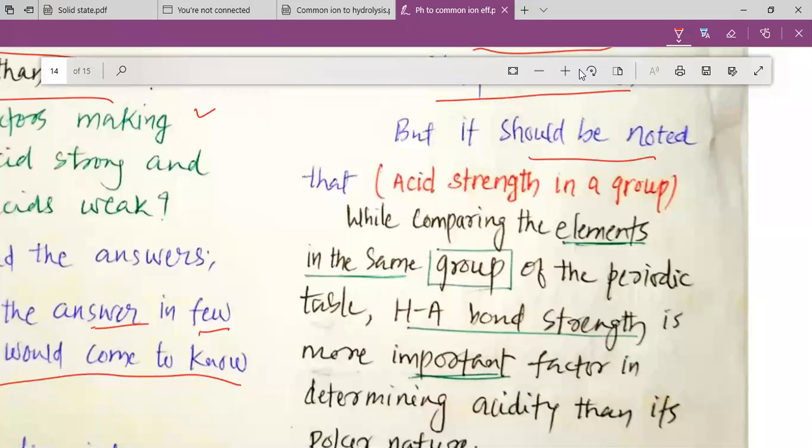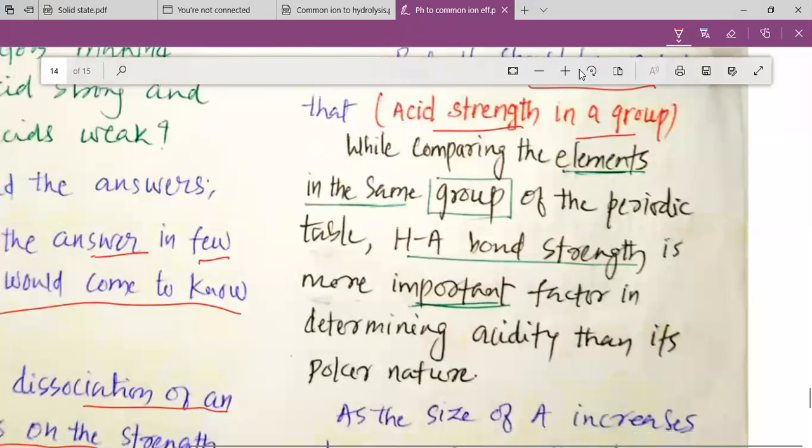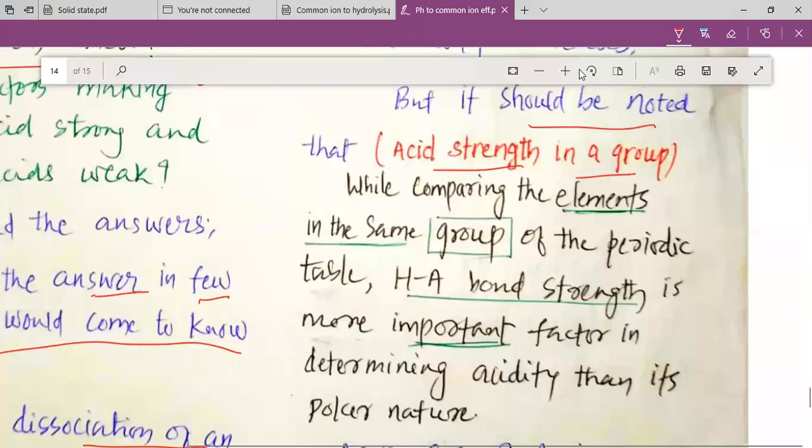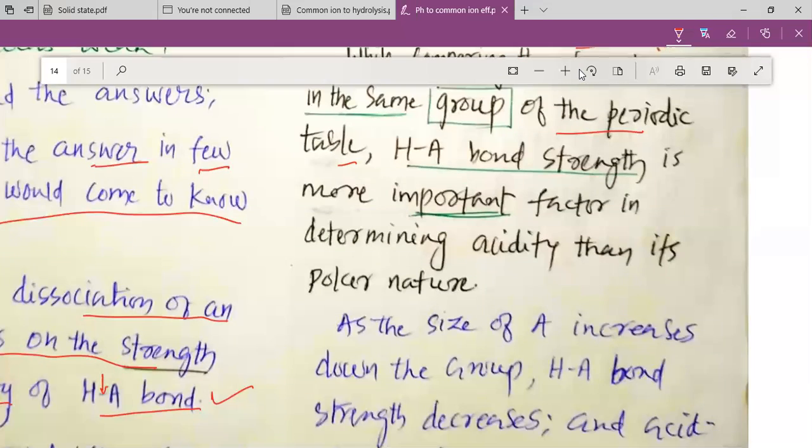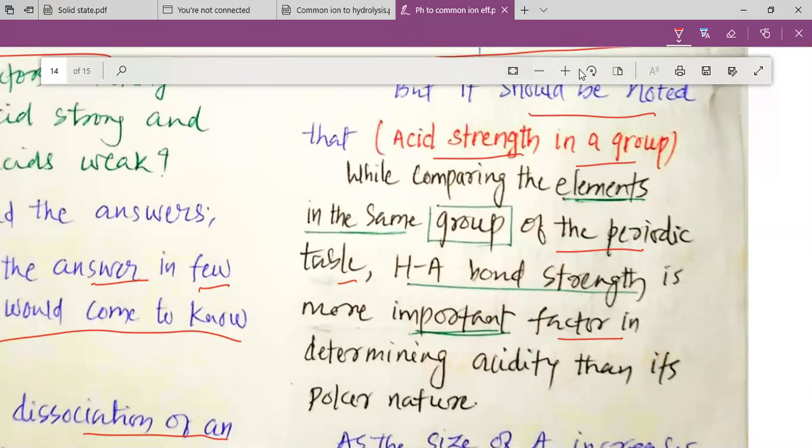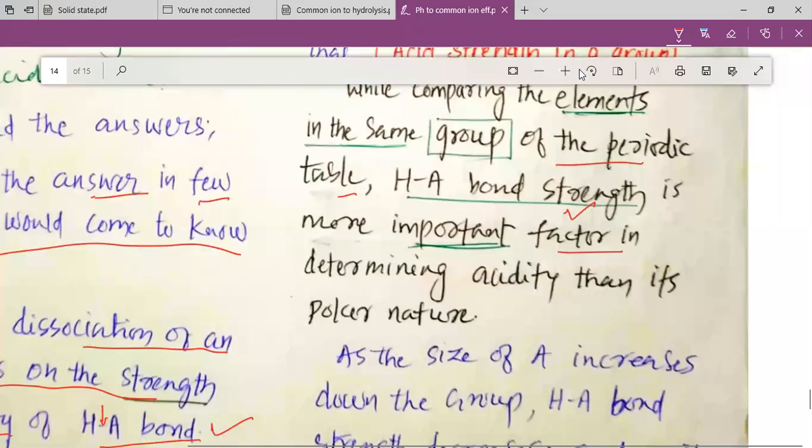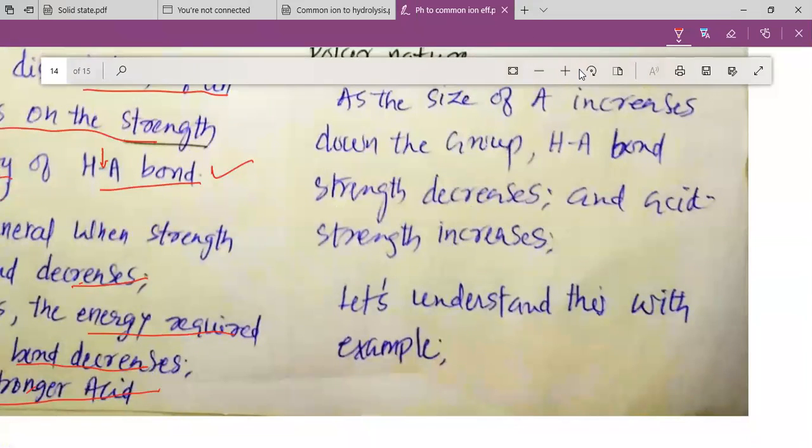But it should be noted that we now want to study the acidic strength while going down the group. While comparing the elements in the same group of the periodic table, HA bond strength is the more important factor as compared to the polarity, my dear students. As the size of A increases down the group, HA bond strength decreases and acidic strength increases. So as we go down